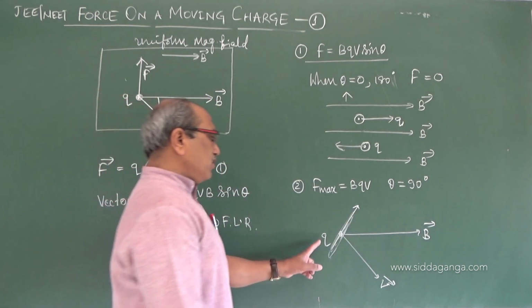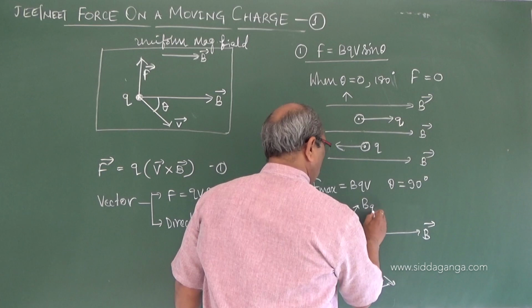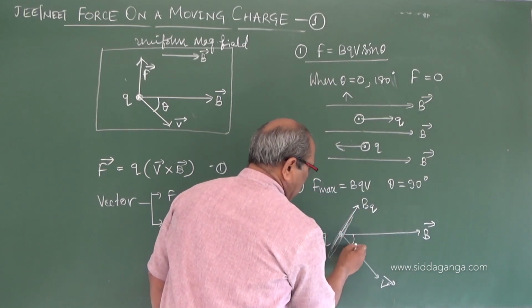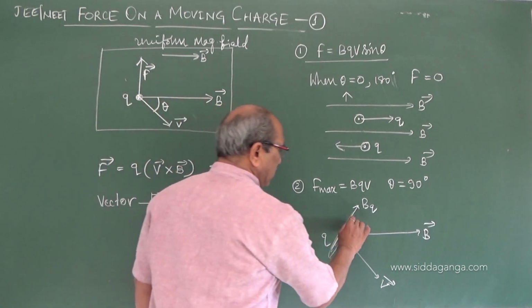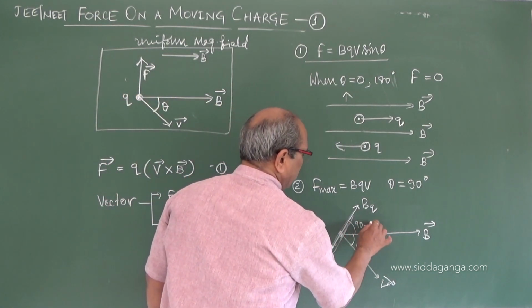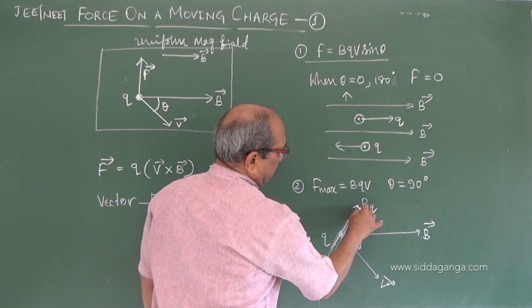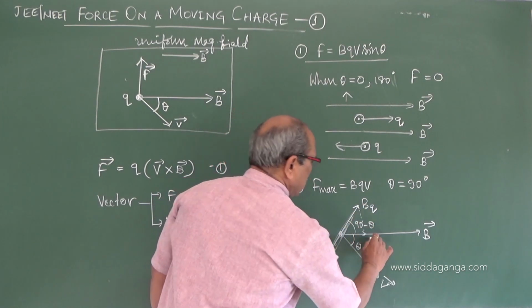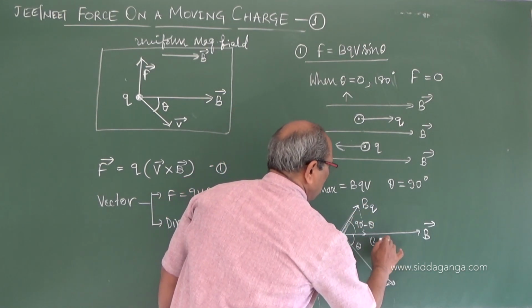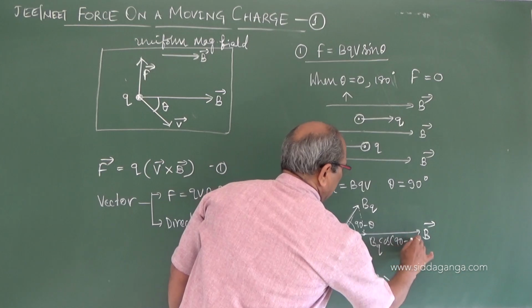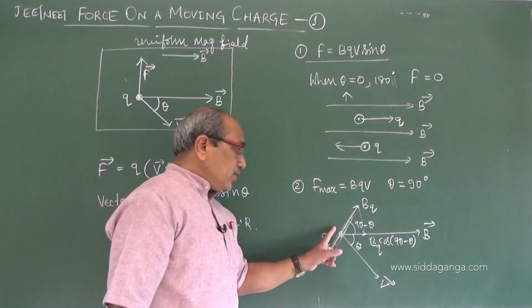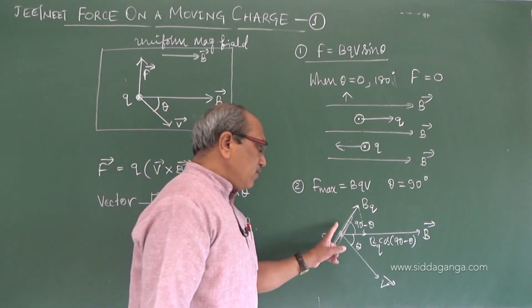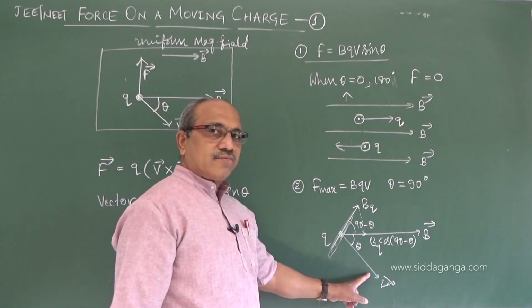A magnetic field is produced due to the charge moving. This is making an angle theta, and it may be 90 minus theta. Now you can have a component of that, which I can write as B_Q cos(90 minus theta). Now we are getting a magnetic field of the moving charge.